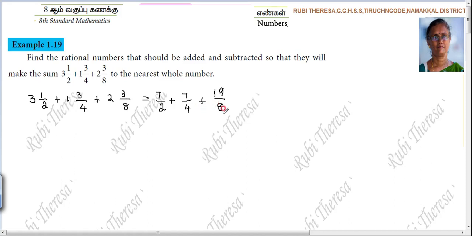Understand? You can do it in two ways. Either you can do it as usual like this. What is the common multiple? 2. 1 2 is 2. 2 2s are 4. 4 2s are 8. Again what? 2. 1 you have to bring it as it is. 1 2 is 2. 2 2s are 4. Understand? You can stop here itself. 2 2s are 4. 4 2s are 8. That's all.